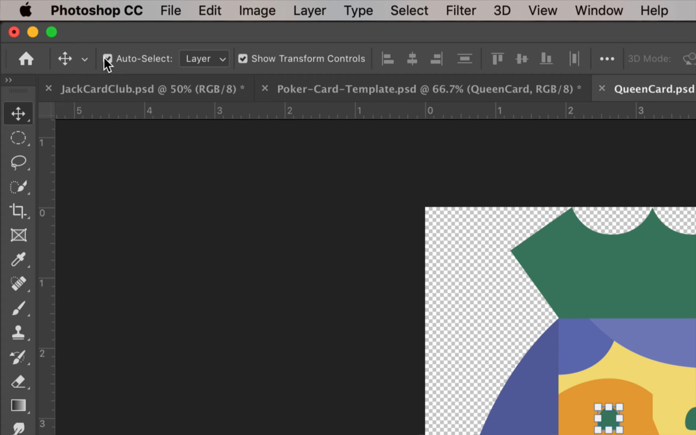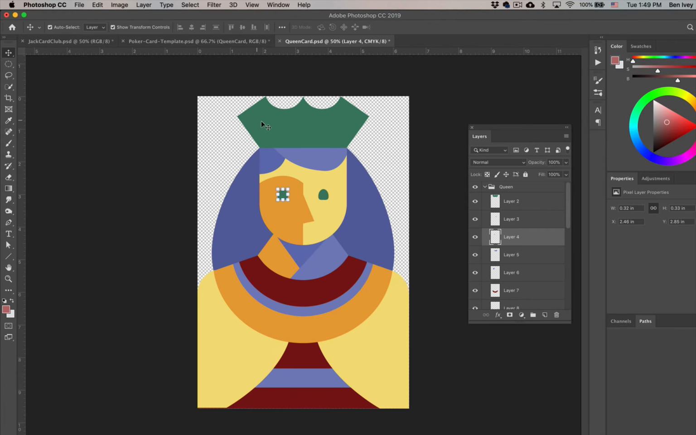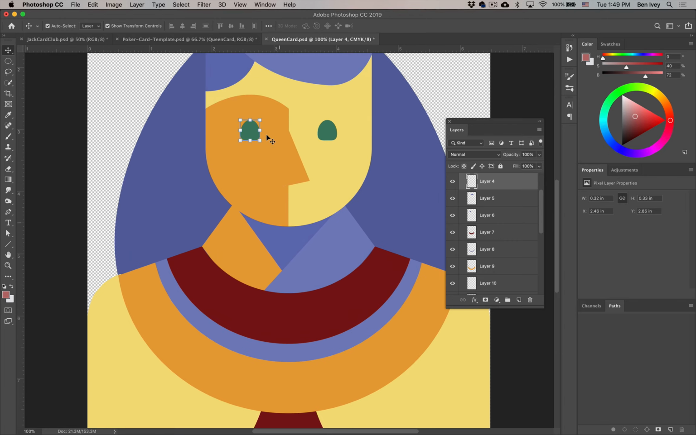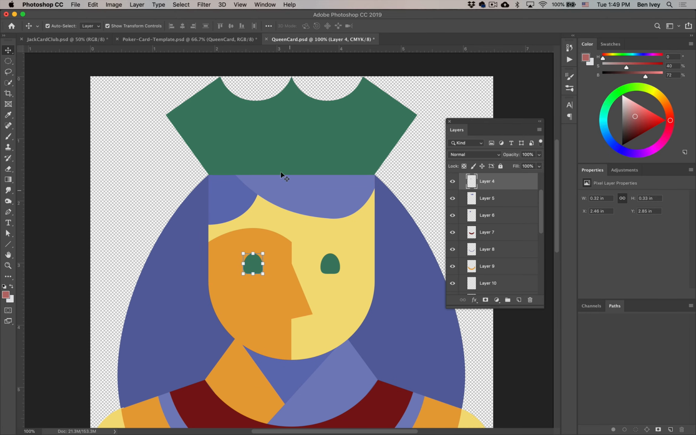Up at the very top, make sure you have Auto Select checked on and also Show Transform Controls selected as well. While we're here, do make sure that Layer is turned on too. When you select all of these, this will easily let you click on an object and it will automatically jump to the appropriate layer and let you know that you have it selected. You may have to zoom in order to see the bounding box, but this is a great and quick and